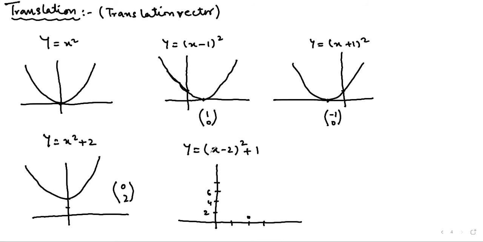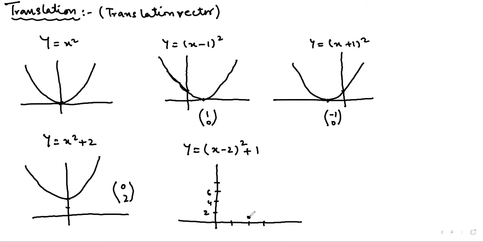Okay. Now we will add 2 in all the x coordinates and add 1 in the y coordinates. In the first figure, in the original diagram, the vertex is 0, 0. We will add 2 in the x coordinate and 1 in the y coordinate. What are the coordinates of the new vertex? Okay, you explained it, sir. 2, 1. Yes, this one is 2, 1.